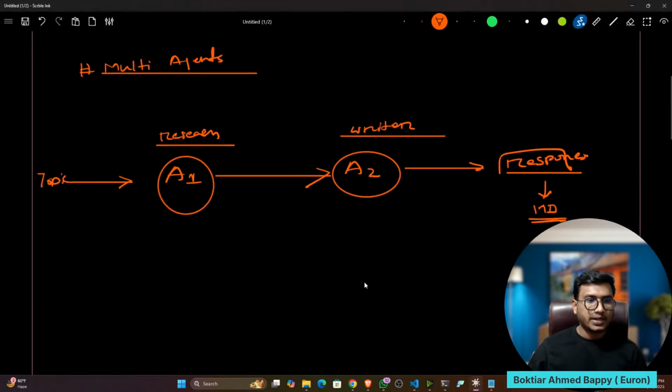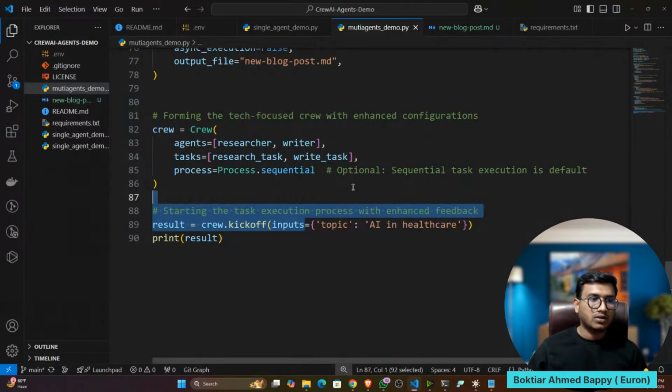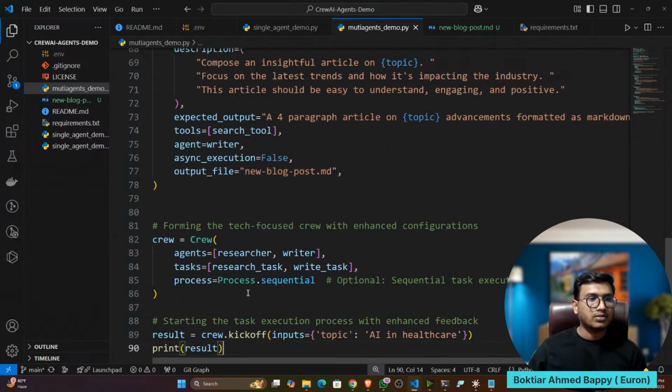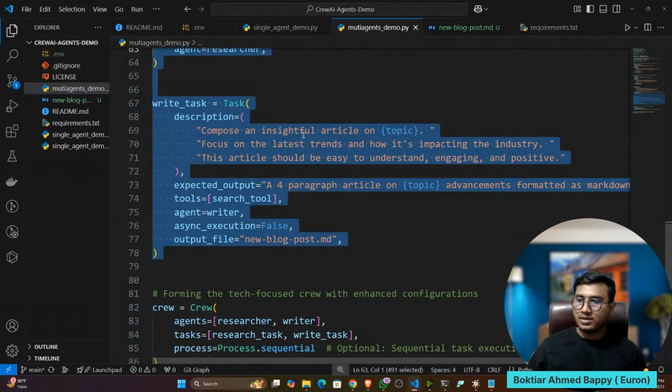So now you can create another agent, agent 3, and let's say you want to post this blog on LinkedIn. Now you have to get the LinkedIn API key, and with the help of Python code you can post it. Okay, so we can develop a real world application on top of it. See, this is your real world application. A blog post generator is also a real world application.